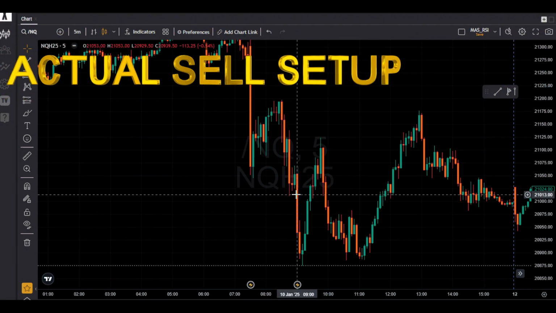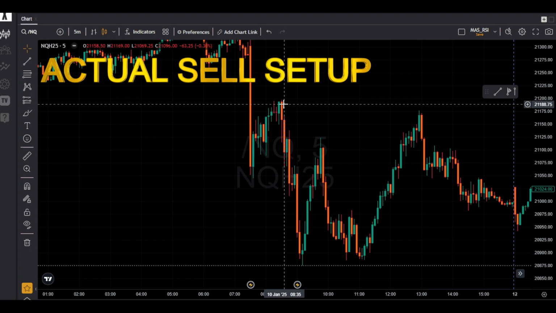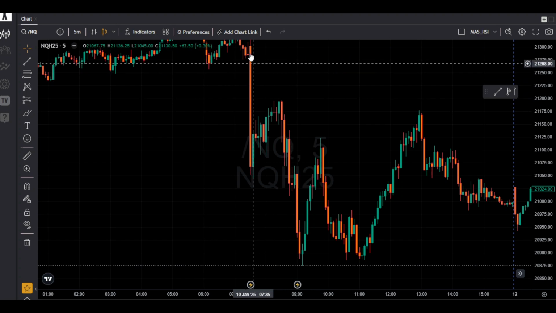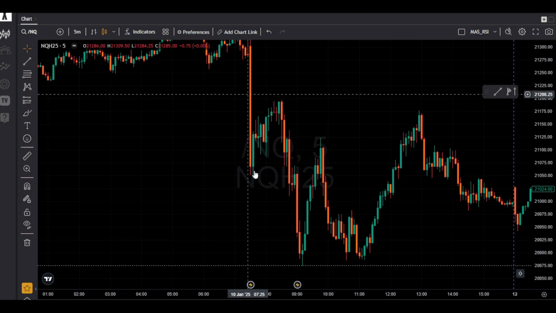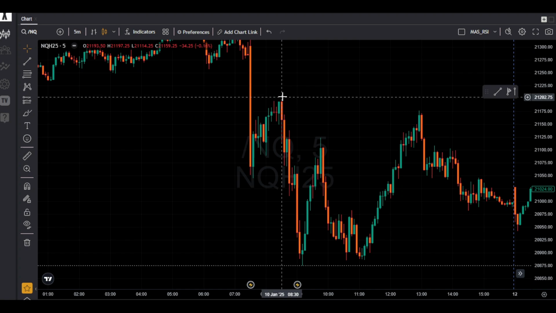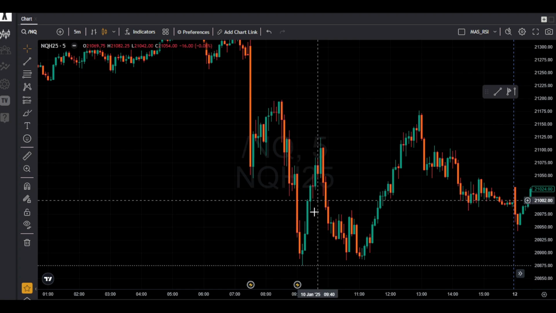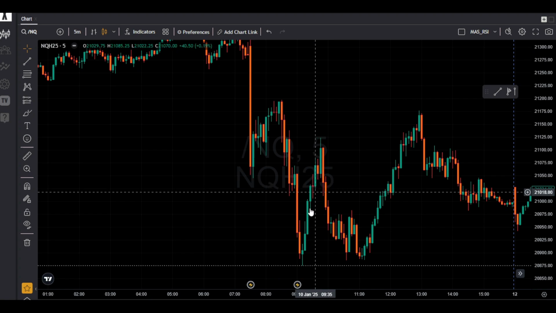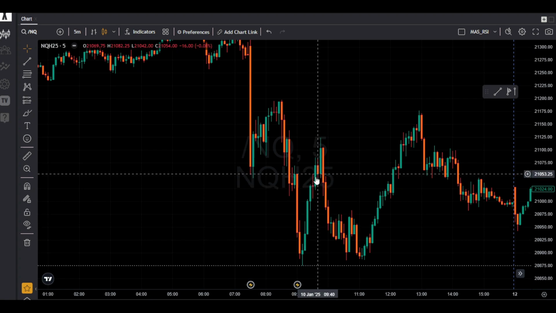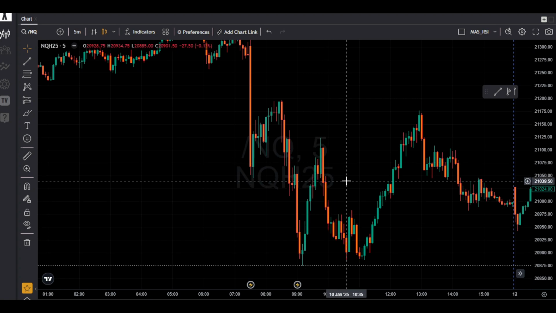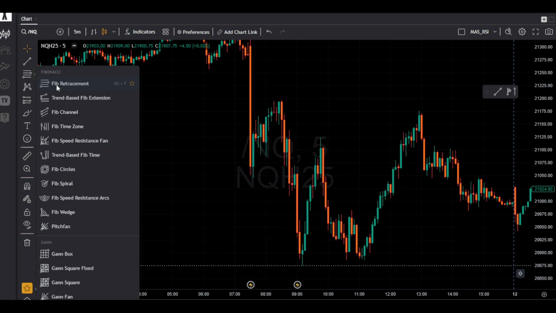So here's one sell example. It's January 10th. So we do see the price is moving down. Over here, it pulled back, and from there is a strong move to the downside, and it started doing the retracement. As you can see, it's a clear retracement. This is where you're going to see really high probability setups, A plus setups.